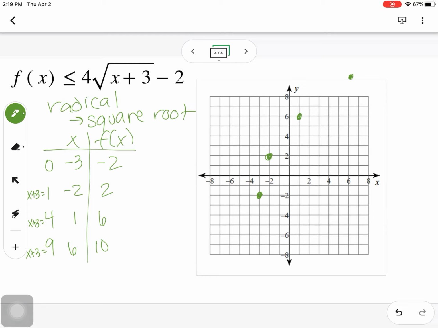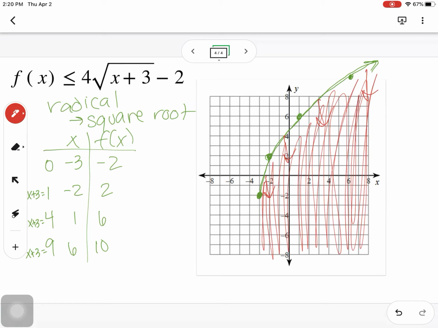Once you have your points, this is again when we think about whether it's solid or dashed. Because it is equal to, it's going to be solid. So I'm going to fill that all the way in. Again, if that equal to weren't there, it would be dashed. And this is a less than inequality, which means I want things below my line. And again, I just kind of look at it and figure out where below is, which means it's going to be this entire region under my curve, looking about like